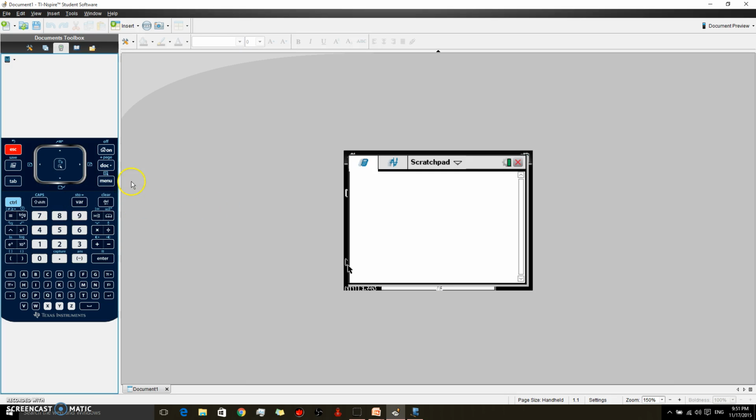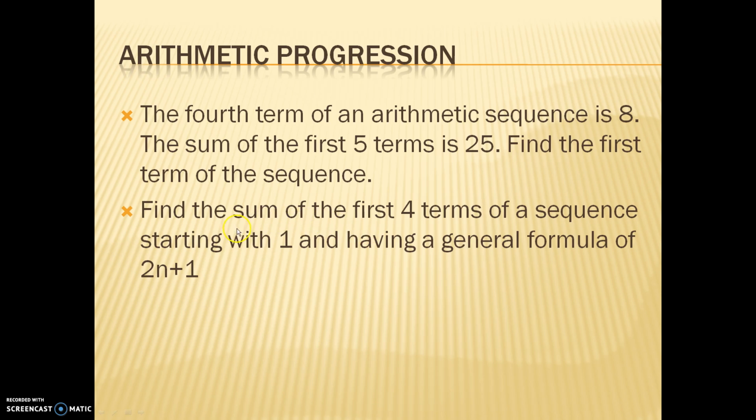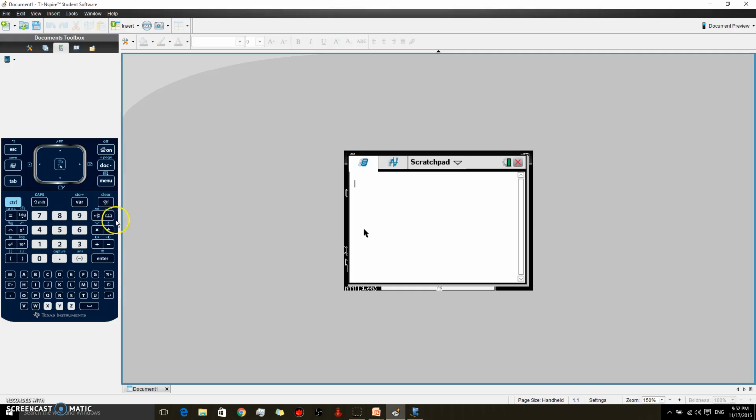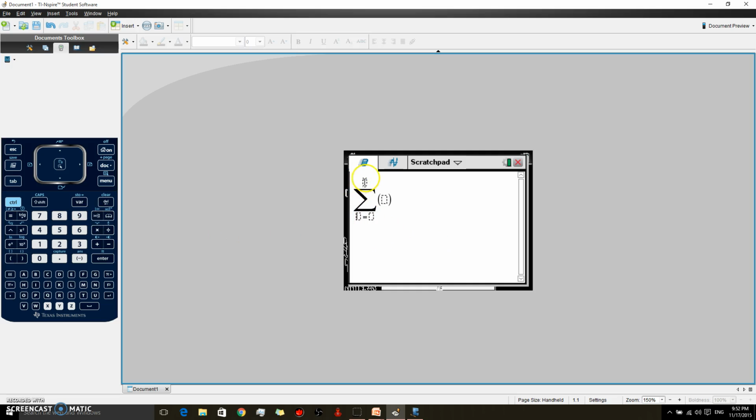So now you want to find the sum of the first 4 terms of a sequence starting with 1 and having a general formula of 2n plus 1. What you can do is enter this in the sigma format, where you find it right here. You click this button here and you click the sigma one, and you want to find the first 4 terms,